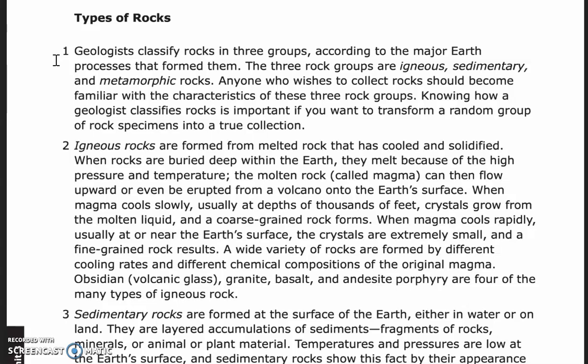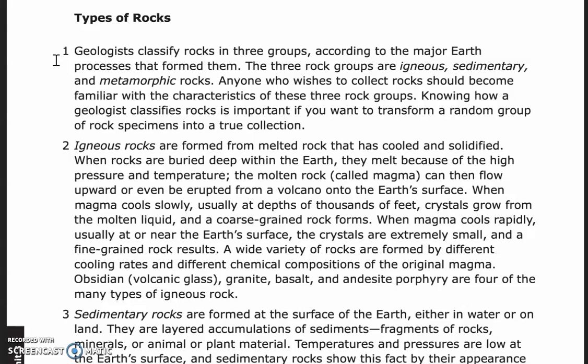a true collection. Igneous rocks are formed from melted rock that has cooled and solidified. When rocks are buried deep within the earth, they melt because of the high pressure and temperature. The molten rock called magma can then flow upward or even be erupted from a volcano onto the earth's surface. When magma cools slowly, usually at depths of thousands of feet, crystals grow from the molten liquid, and a coarse-grained